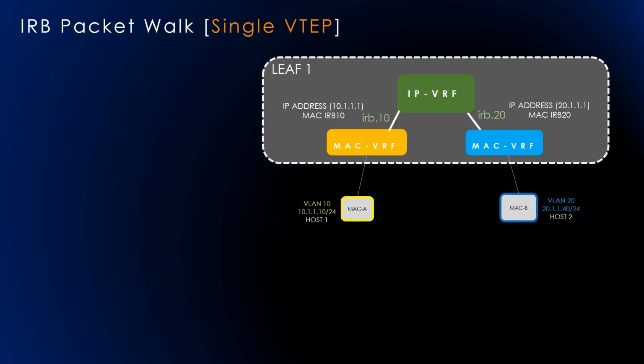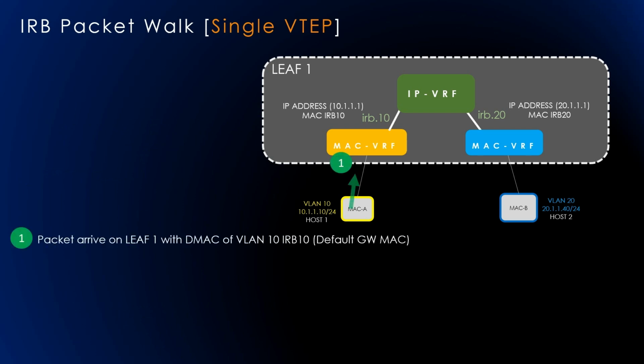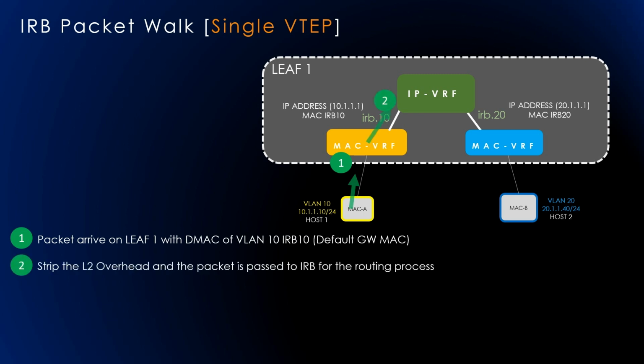In this scenario, where two hosts are linked to the same leaf but belong to distinct VLANs, we will be able to analyze the packet journey between host 1 and host 2 and understand what happens exactly in a virtual world. Initially, the packet that reaches leaf 1 carries the destination MAC address that corresponds to the VLAN 10 IRB. The layer 2 header is removed and the packet is then directed to the IRB for the routing process. An IP lookup is conducted on the IP header, after which the packet is sent to the destination VLAN